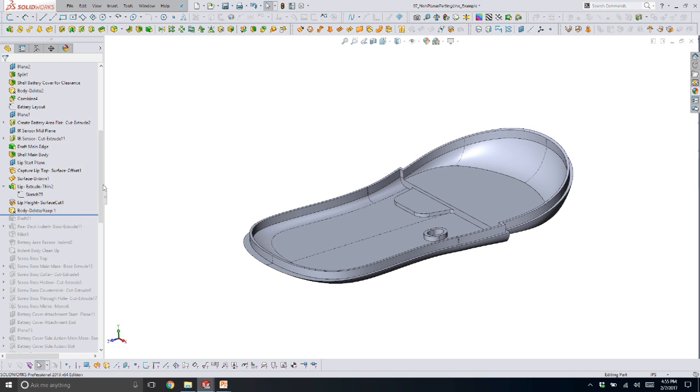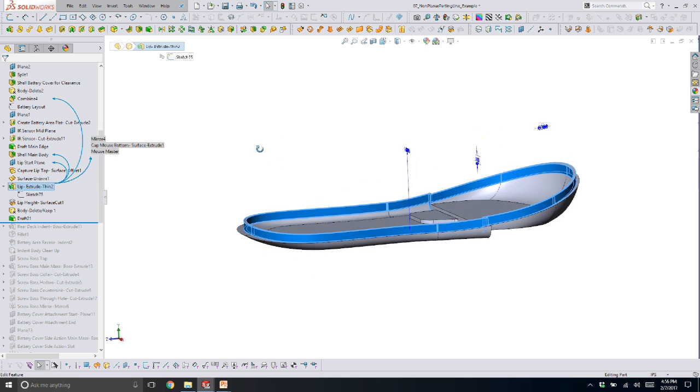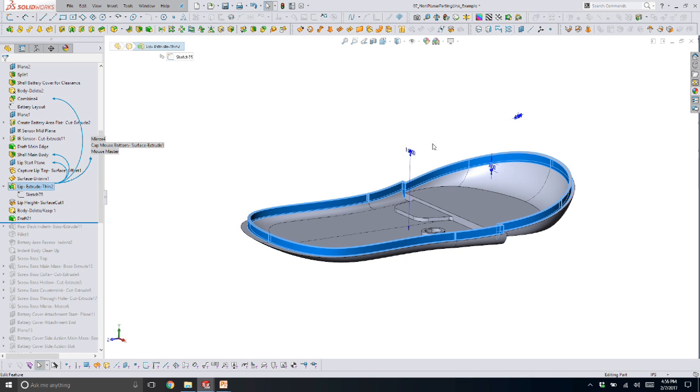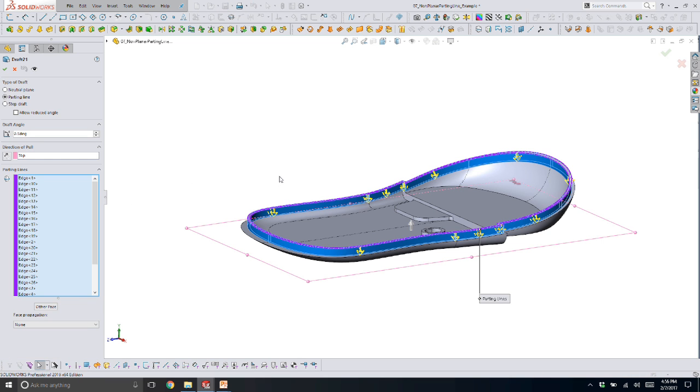The last thing we need to do is add draft to this part. Because this is non-planar, I can't draft it in the first feature because otherwise the lip would be different thicknesses all the way through its perimeter, as the draft would have been applied from the original extrusion plane. So here, this is one of those things that it just sucks and you've got to pick and